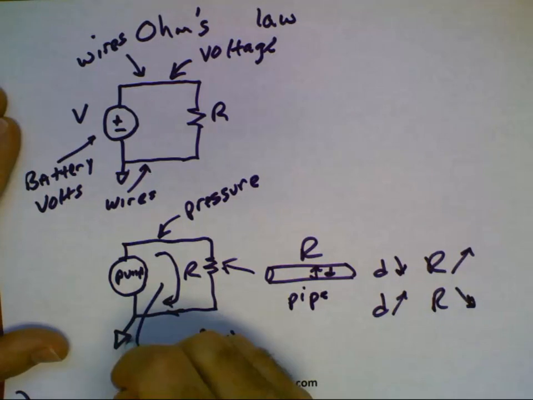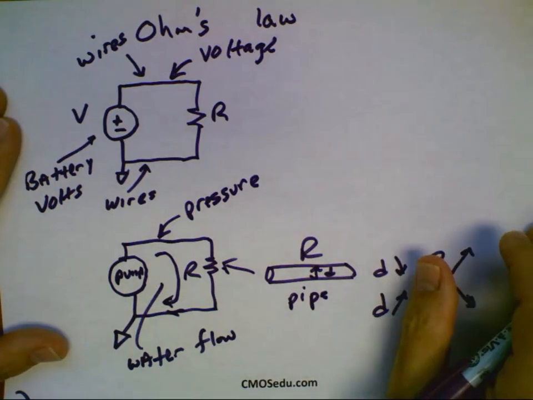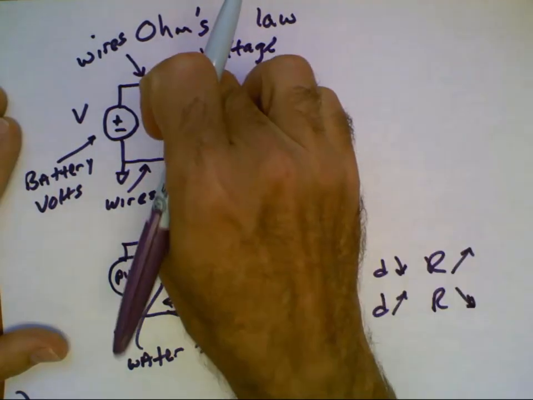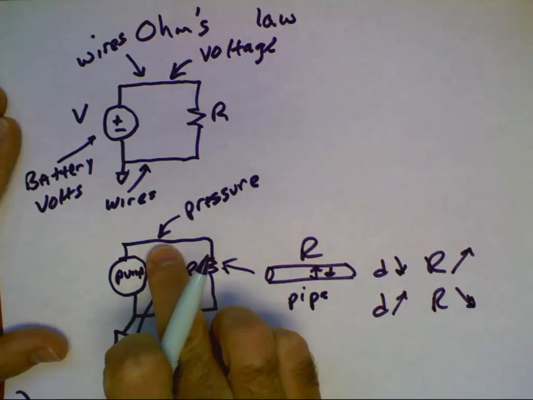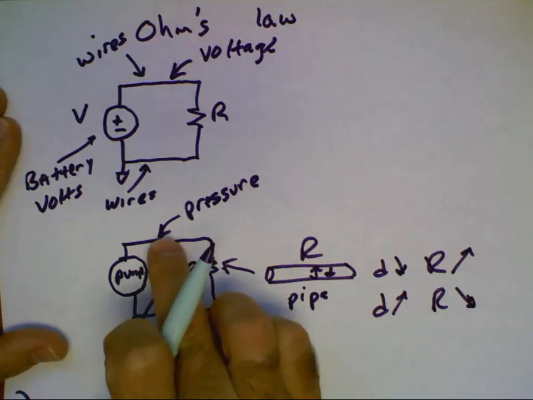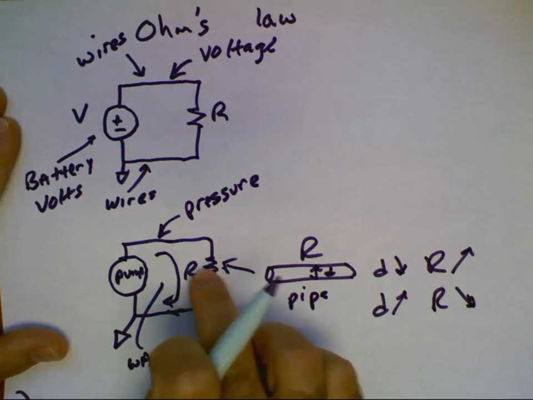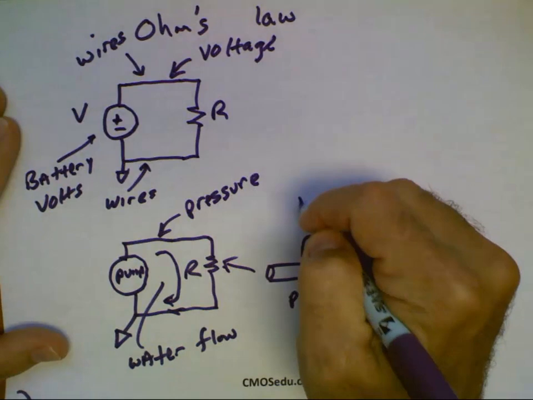So we could do that as ground, which we'll call our reference. So we have some voltage here in this circuit. We have some pressure here in this circuit. When we connect a pipe up, say a small diameter pipe, which we're going to say has some resistance, we get a water flow. So if we take the pressure